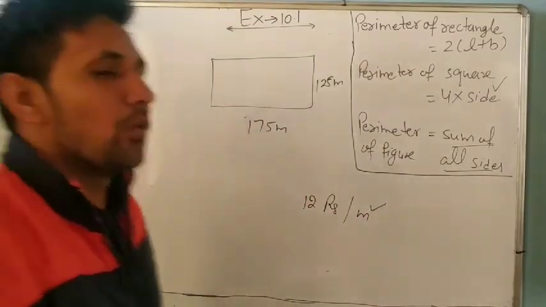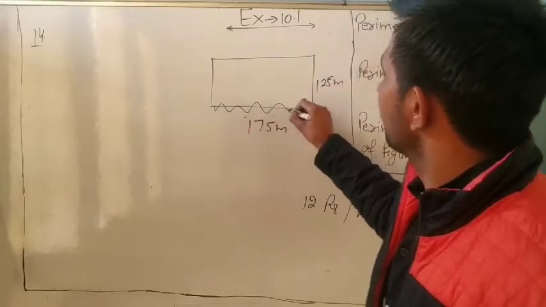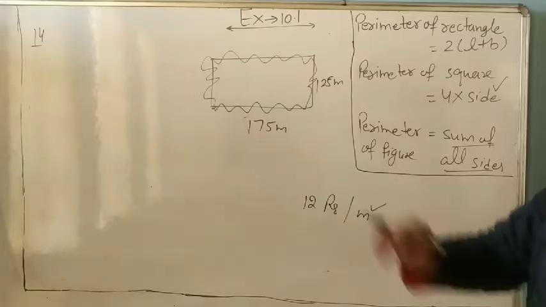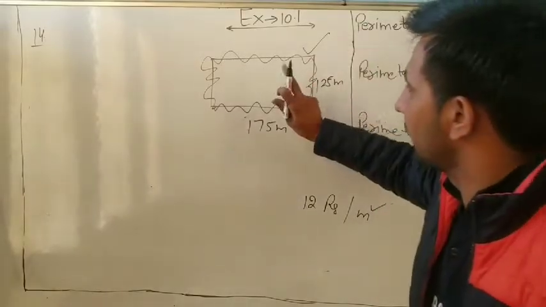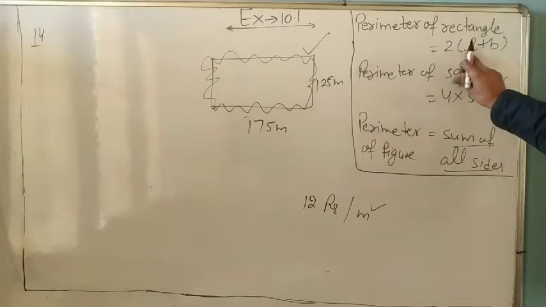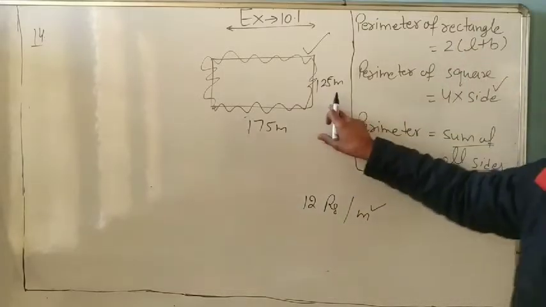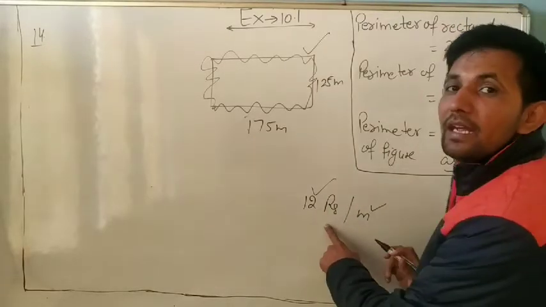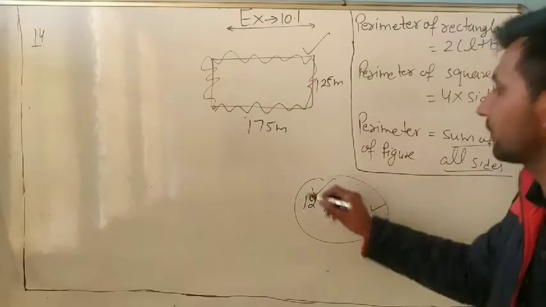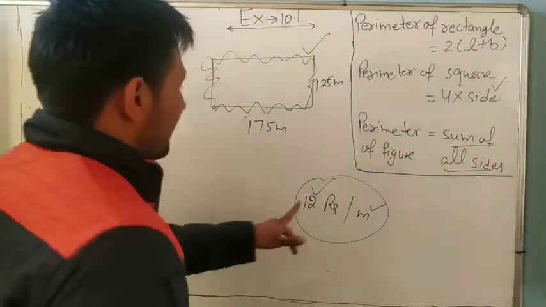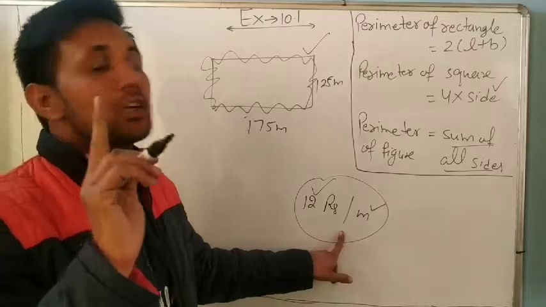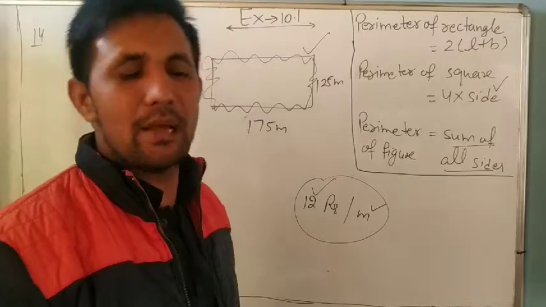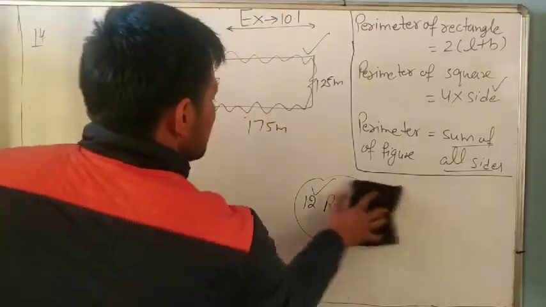So it means where we will do fencing, we will do it here, outside of the boundary. So first we will find the perimeter of this rectangle by this formula, 2 into (L plus B). Length you know, B you know. In the last, same as in question number 13, we will multiply by 12, because the cost of fencing of 1 meter is 12 rupees. First we will find the total length of fencing, so we will find the perimeter and multiply by 12. Same as that question. Do it yourself.